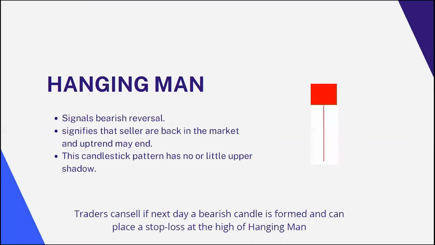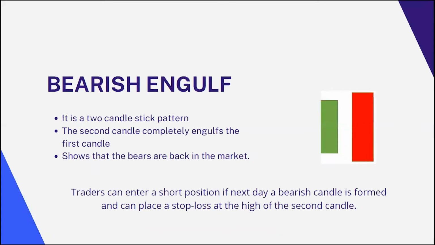First one is a hanging man. It has a small body with red color, which means the closing price is lower than the opening price. It also has a wick, which is more than double of the body's length. This clearly indicates that the prices are likely to go down. However, you need to take a confirmation on the next day to see whether a bearish candle is forming. In such a case, you can short sell the stock and keep a stop loss at the opening price of the hanging man.